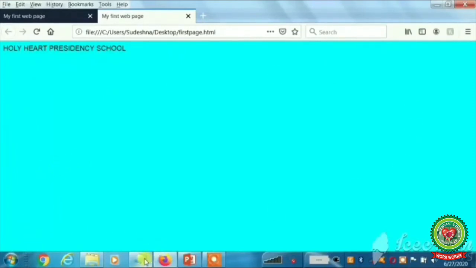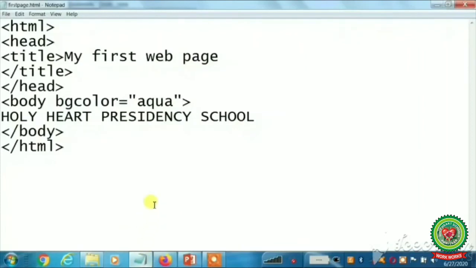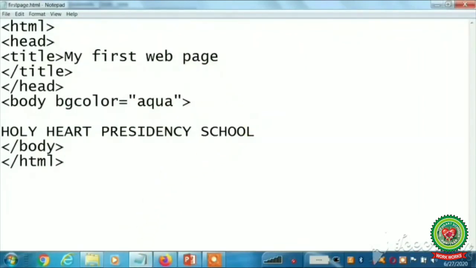Now I will again open the notepad that is minimized and I will apply the font tag to change the formattings. Like angular bracket start, we will write the font. Firstly I will change the font color. So how I will write, color is equal to, in double quotes I will write any color like red, double quotes close. Now I will write the font size.